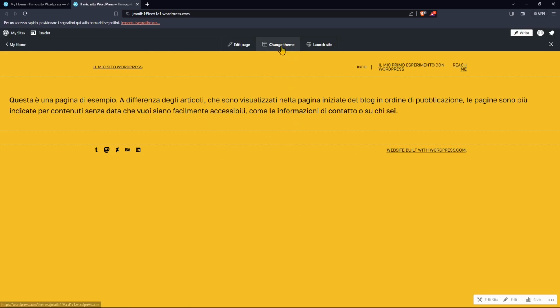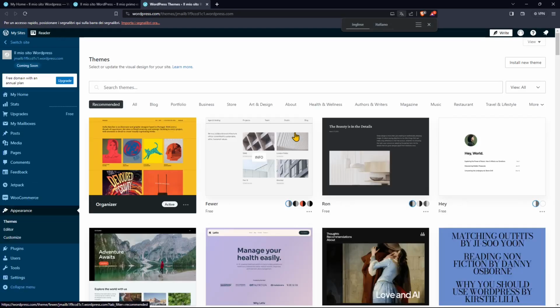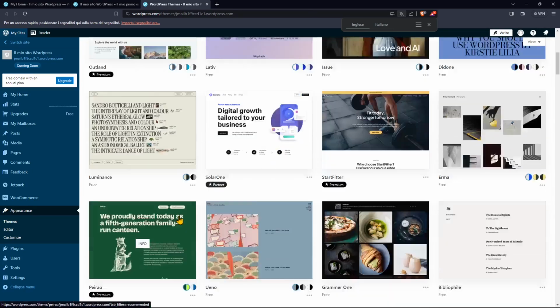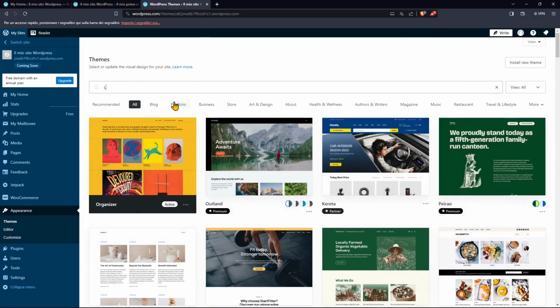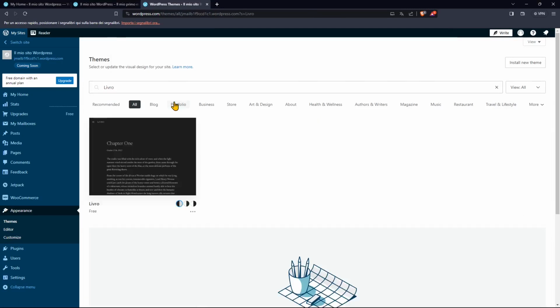Now you can also change the theme from here. So let me just reset the theme to the default. I'm going to click here and this is going to bring me to the themes page. And this is the one that I've chosen, but there are also many others that I can use. And so if you want the default, I'm just going to type here LIVRO. So this is the standard right now, but you know,